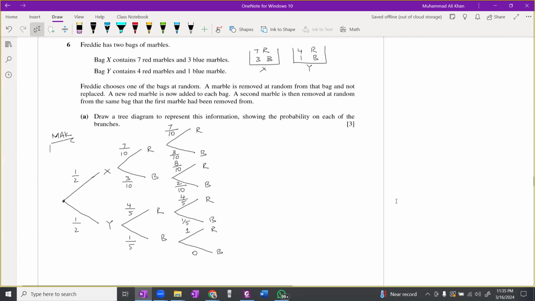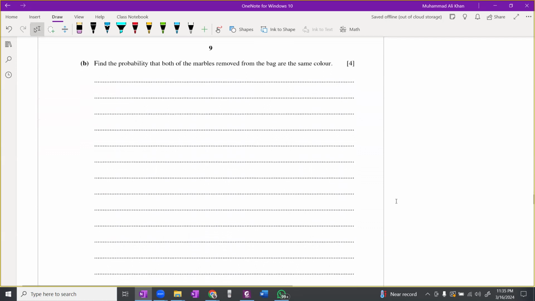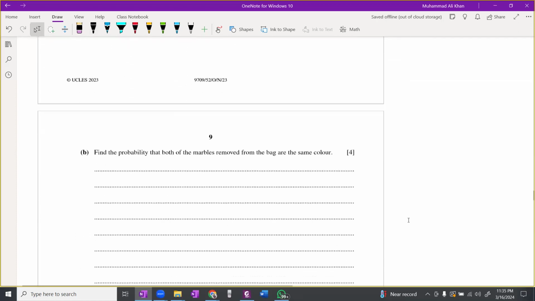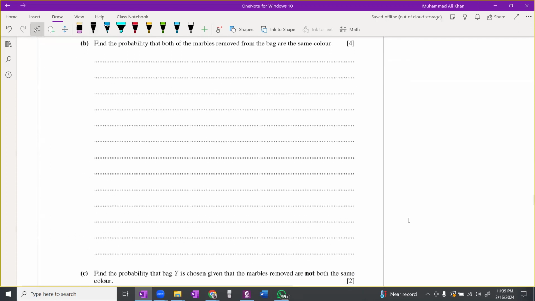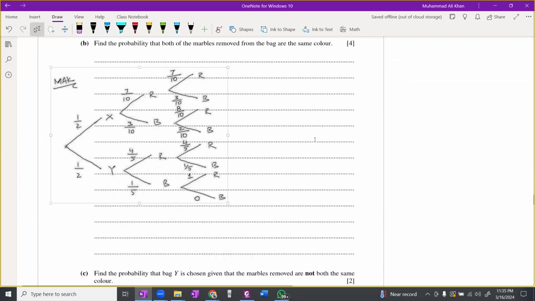Now in the B part, find the probability that both marbles, okay, first actually we have to use the tree diagram in the second part। तो मैं tree diagram को जरा वहां पर कॉपी कर दूं। Now in the part B, क्या कहा गया? In the B part, find the probability that both of the marbles removed from the bag are of the same color,